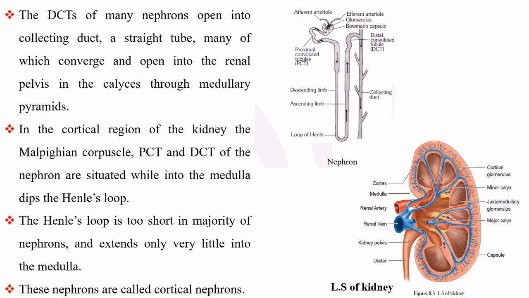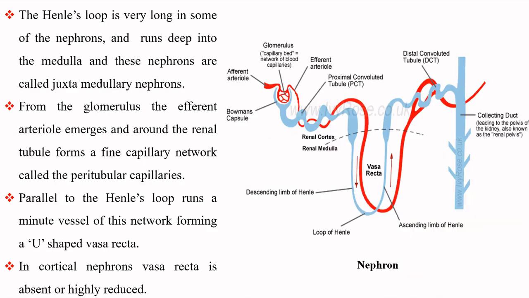In the cortical region of the kidney, the Malpighian corpuscle, the PCT and DCT of the nephron are situated, while into the medulla dips the Henle's loop. The Henle's loop is too short in the majority of nephrons and extends only very little into the medulla. These nephrons are called cortical nephrons. The Henle's loop is very long in some of the nephrons and runs deep into the medulla, and these nephrons